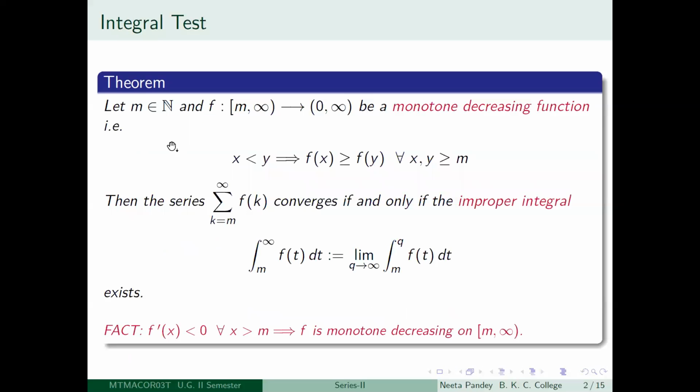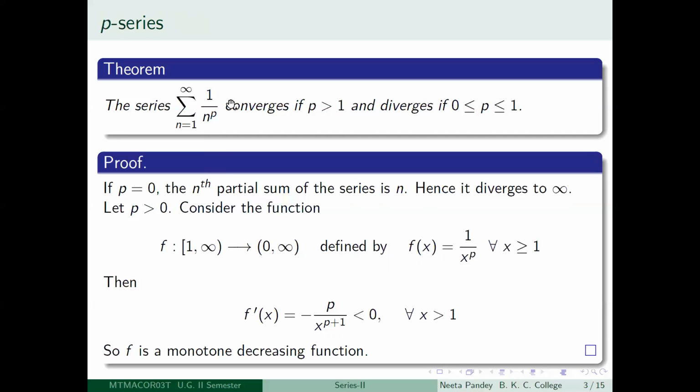That was the first thing which I needed, that my domain should be suitable, so that when I am looking at the series, it is starting from f(m) onwards, right? So here I want it from n equal to 1 onwards, my p is fixed. Therefore, I take the function from the closed interval [1, infinity) to the set of positive real numbers.